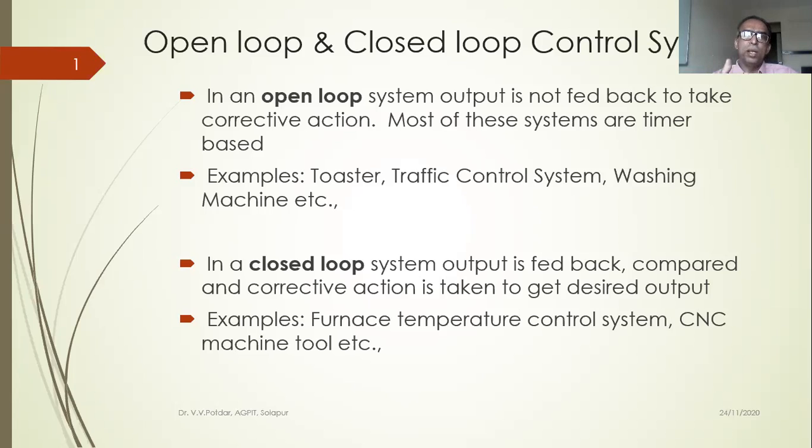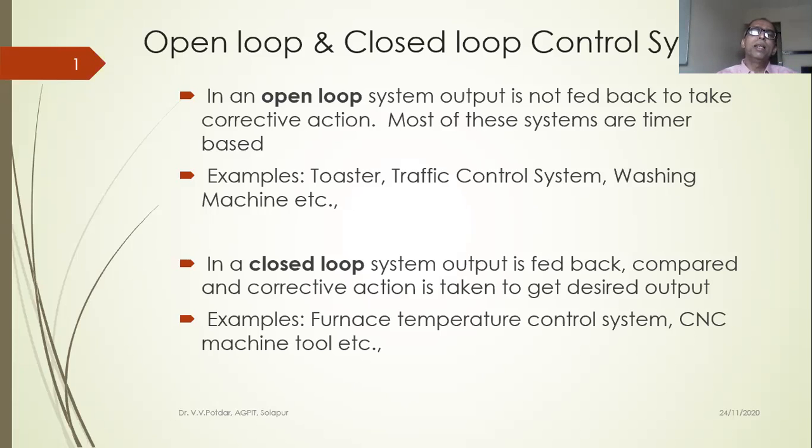Let it be steam, let it be fuel that is burned, let it be an electrical heater that is providing heat inside the furnace. It will be kept on till the temperature rises from 900 degrees Celsius to 950, 970, 980, 1000 degrees Celsius. Or in a sense, till the error between the feedback value and the set value becomes zero. Similarly, a CNC control system machine tool also controls the turning parameters, milling parameters, shaping parameters, whatever is the machine. Till those parameters are achieved, the cycle would continue. So it ensures that the desired output is obtained.